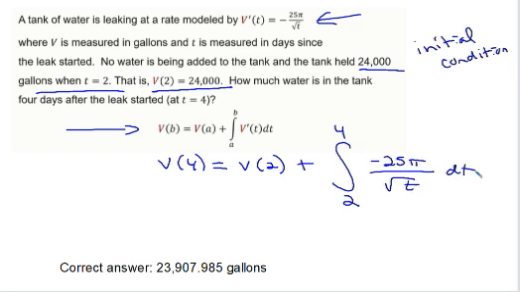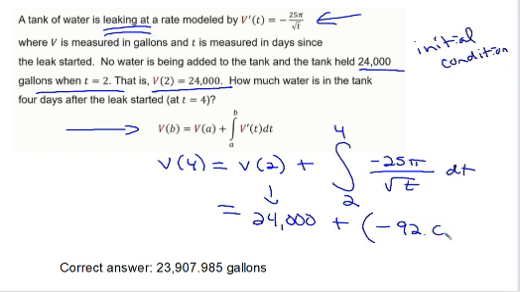All right? They give me the V of 2. Remember, we have to know that initial condition. We have to know that to be able to do these problems. So they give that to me. It's 24,000. This, I'm going to tell you, notice it's leaking. The water is leaking. So when you do this on the TI-84, you get a negative value,